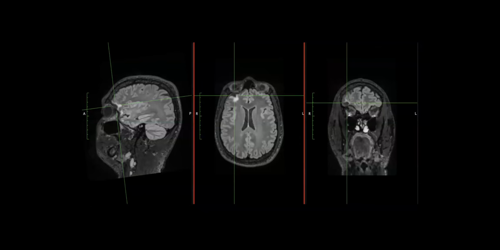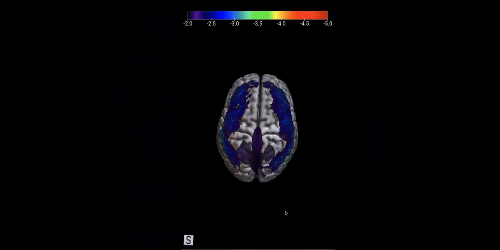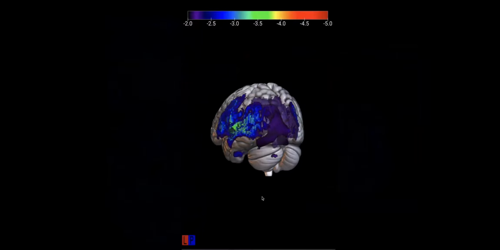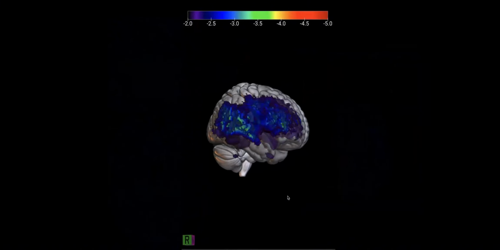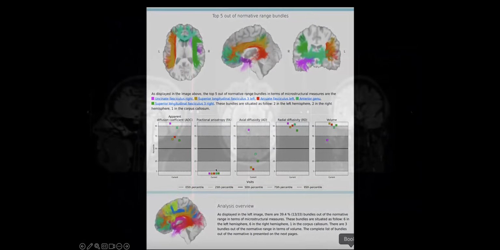And again, this is an example of a case where we know there was a traumatic brain injury on conventional imaging seen by this abnormally low volume and gliosis, and we can see abnormally low blood flow in the same areas. The Z-score map from the ASL analysis shows additional areas of abnormality. And we can see that in the 3D video rendering as well, showing this asymmetry, but worse extent of low blood flow in the ASL. We can see that in the DTI analysis, there were 13 out of 33 abnormal bundles, including in commonly injured areas in the frontal and temporal lobe white matter tracts.